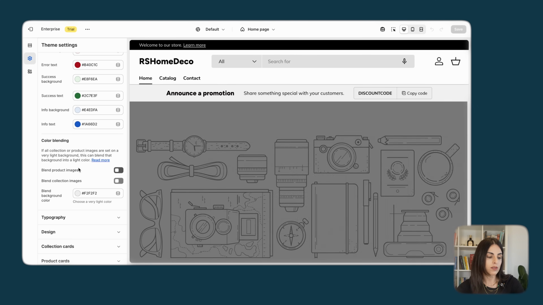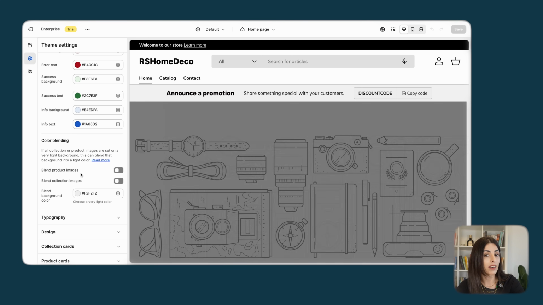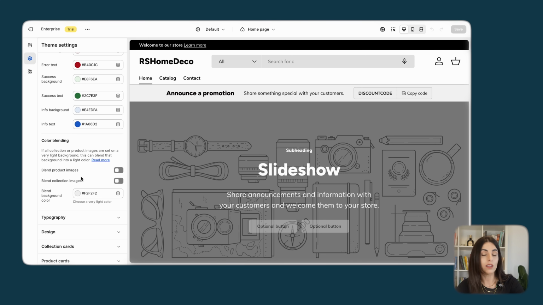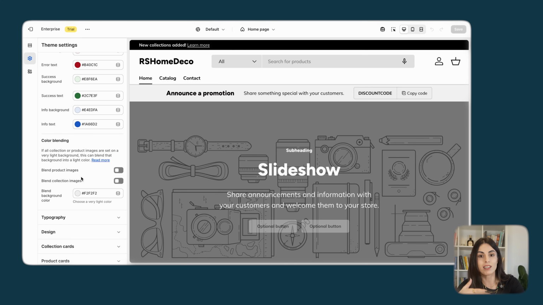You can change this from here. Okay, you can blend all of your product images in one click using this feature. Again, this is not a very common feature, and it can be super important for a store with a very large catalog. So instead of changing every image, you can basically change all of your product images or collection images